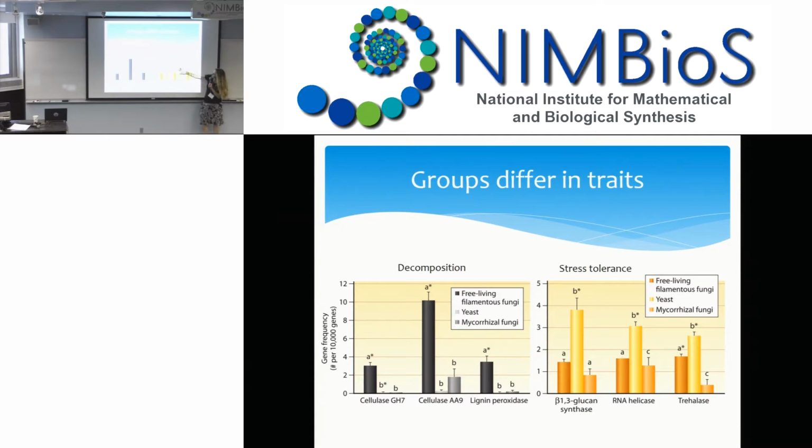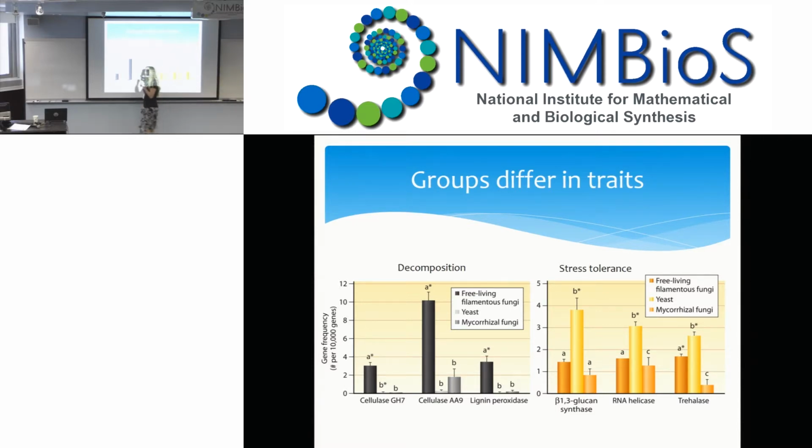Now, in each of these cases, the yeast had a pretty high gene frequency number. Right? So the yeasts in this case are pretty stress tolerant, it seems, from just looking at their genetic components. Now, that is in line with what we've observed from the natural history in these really extreme areas. The free-living fungi didn't really stand out as being particularly stress tolerant, and neither did the mycorrhizal fungi.